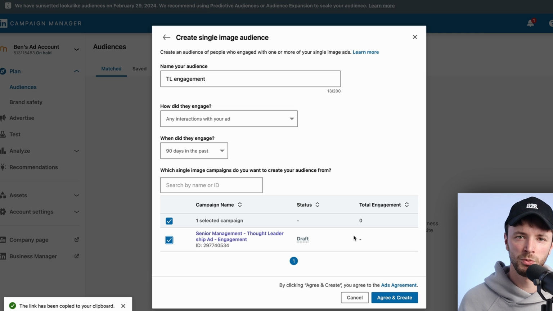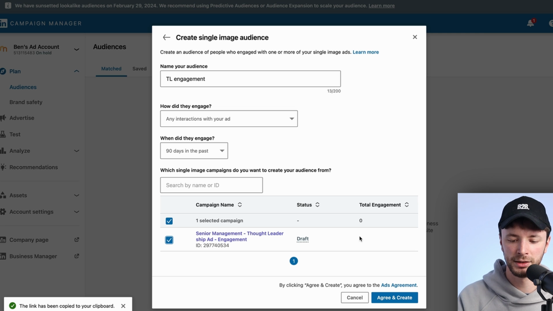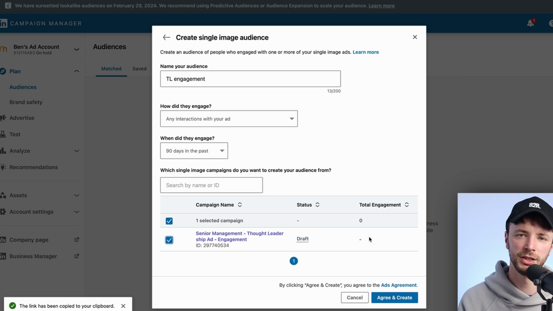Now, audiences can run when they're 300 people or more. As soon as that hits 300 people, you can start targeting people that have clicked on certain ads and start nurturing them. Typically, what we like to do is create a first touch campaign and a high frequency retargeting campaign, and then a campaign which tries to re-engage people that have fallen out of our retargeting campaign. I'll link to our LinkedIn ad playbook and everything else along those lines at the end of this video, which we're nearly at now,